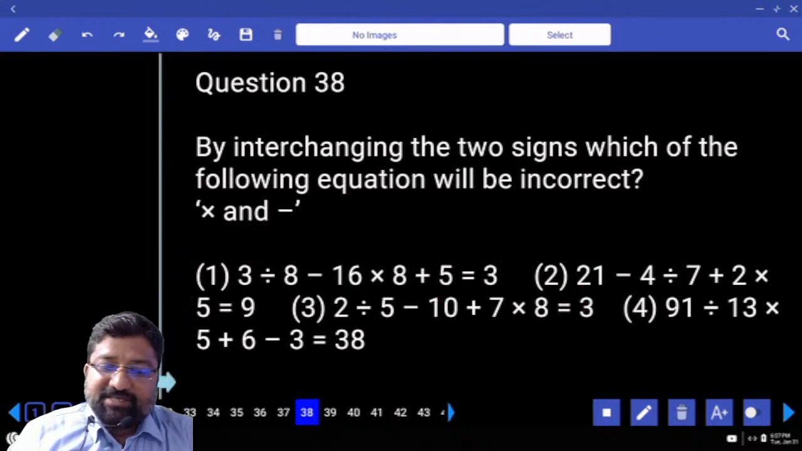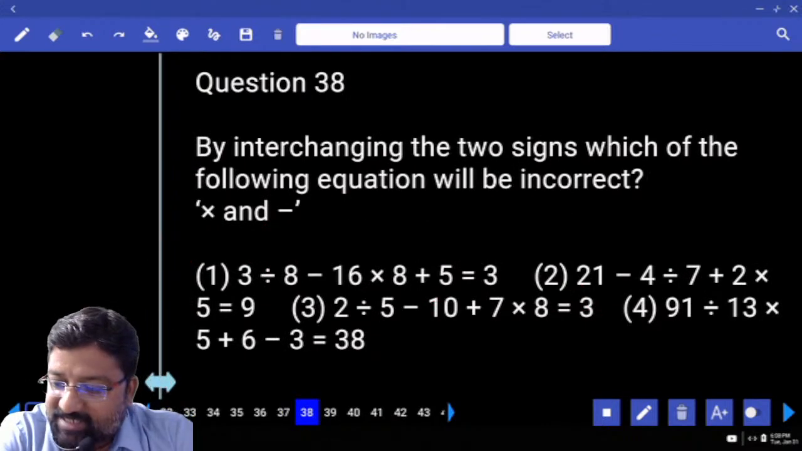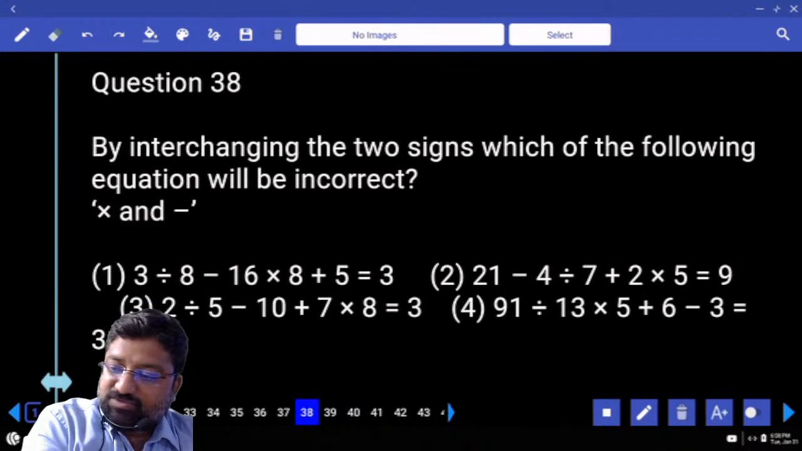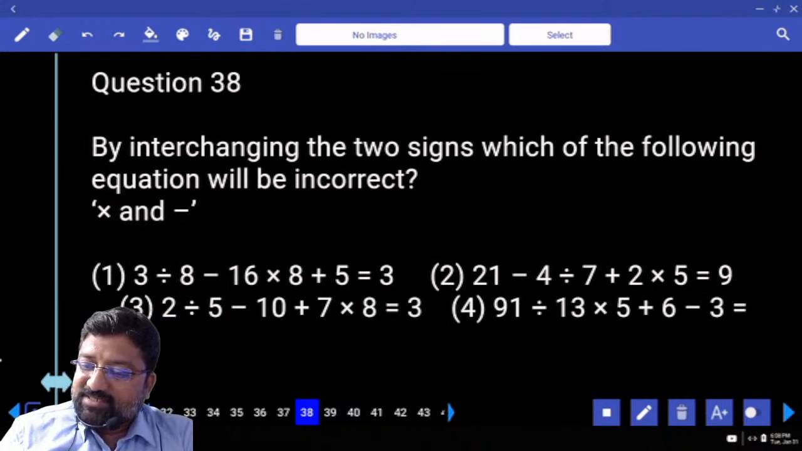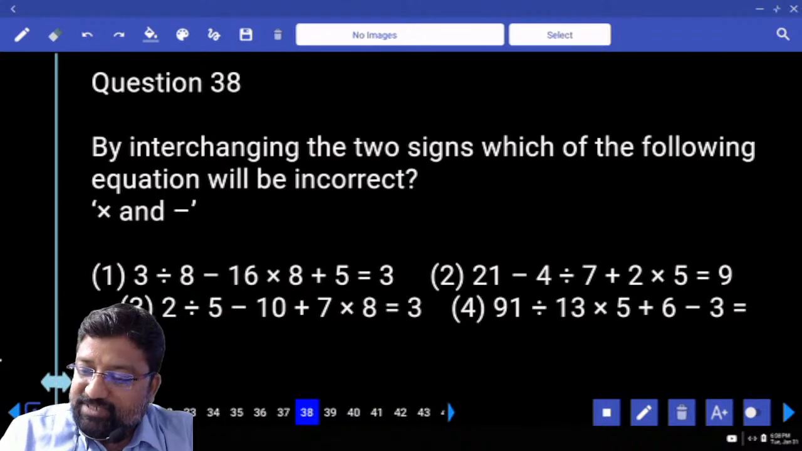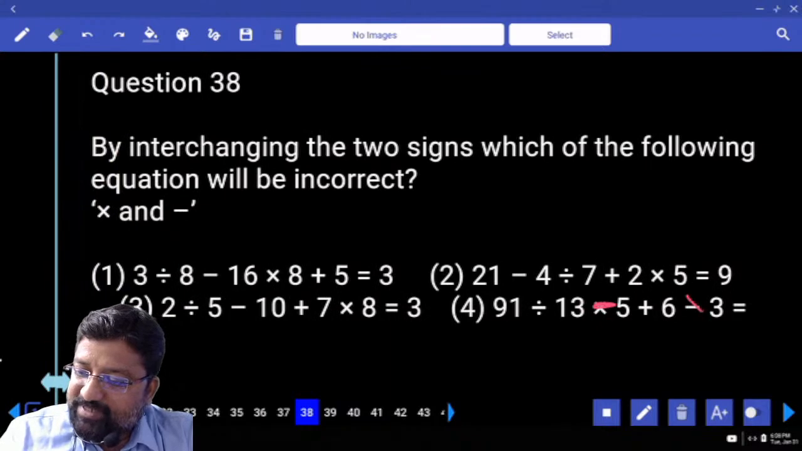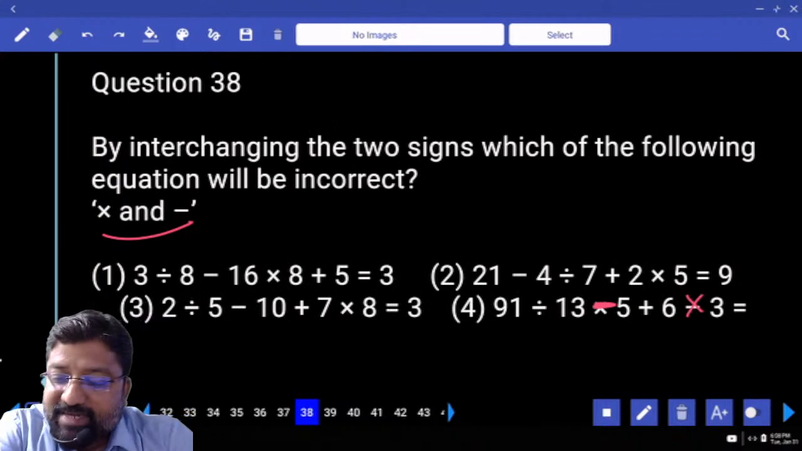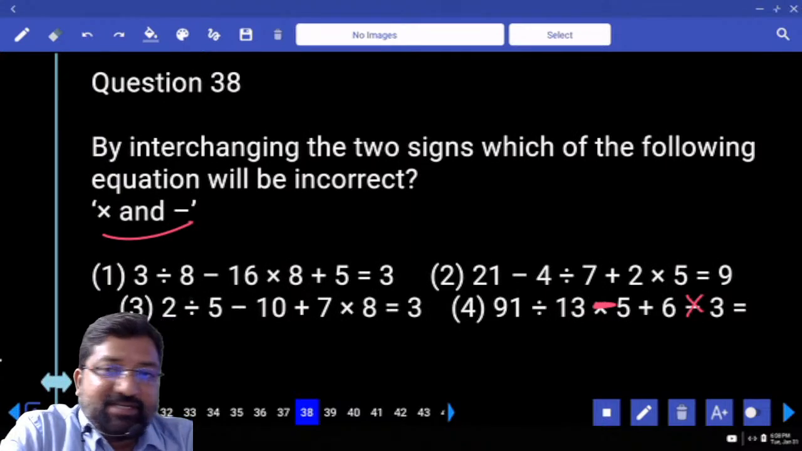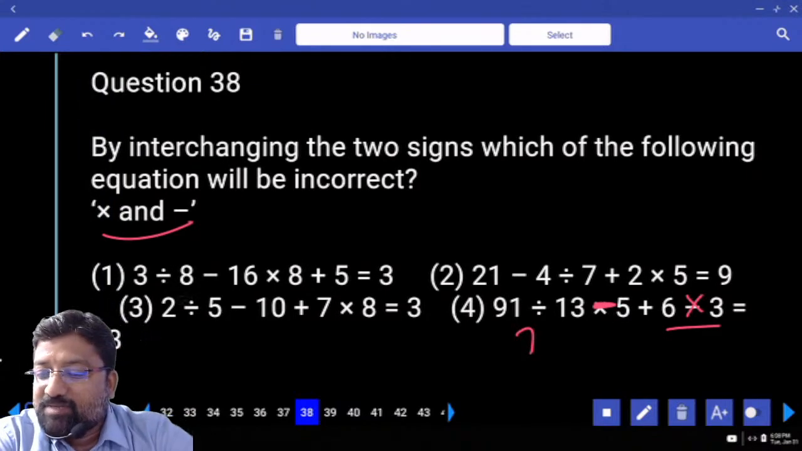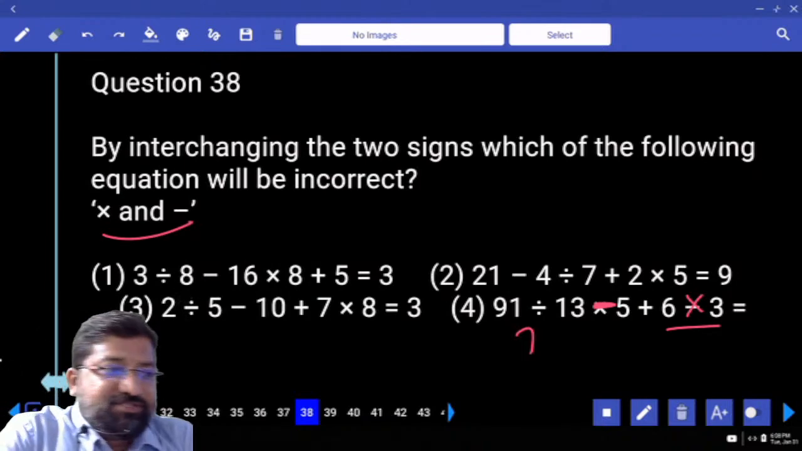38. By interchanging into and minus. Sorry, this obviously you have to depend upon the options. So this becomes minus and this becomes into, by interchanging into and minus. Let's see, 91 divided by 13. What is 91 divided by 13? 7. And this is how much? 6 into 3 is how much? 18. And then